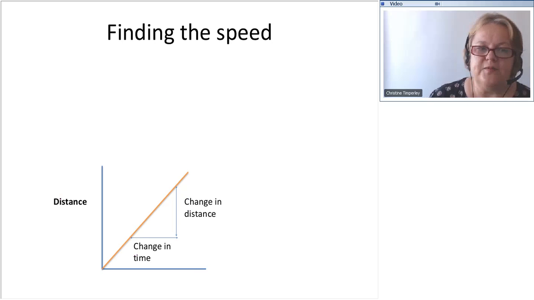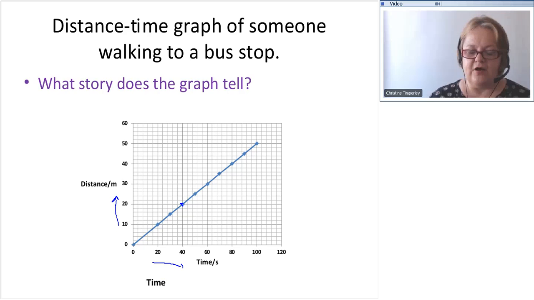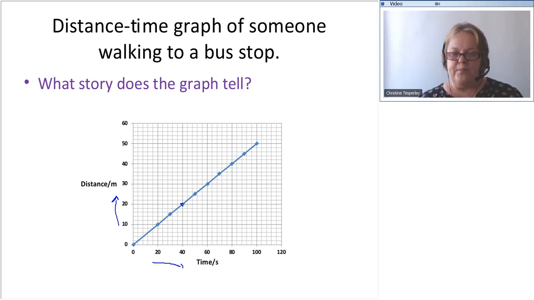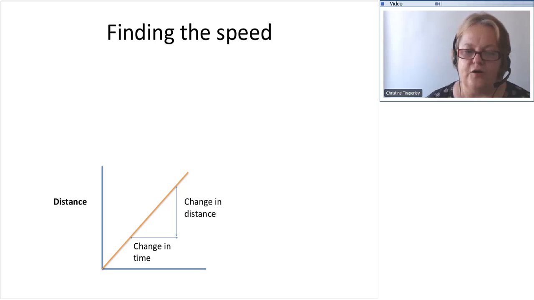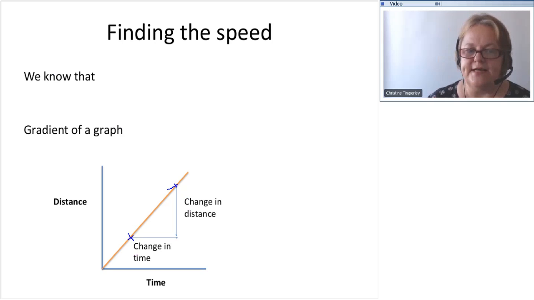How do we calculate the speed? How can we calculate the speed from that? You may know this from maths, but we can do it by calculating the gradient. So we're going to find the gradient to find the speed. How do we do that on a real graph? We calculate the change in the distance for the section we're interested in and divide it by the change in the time. How does this give us the gradient? Well, we know